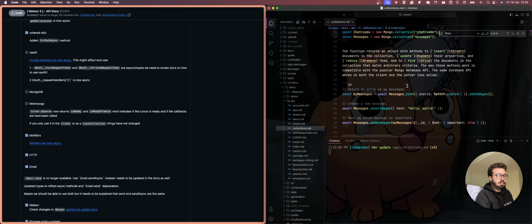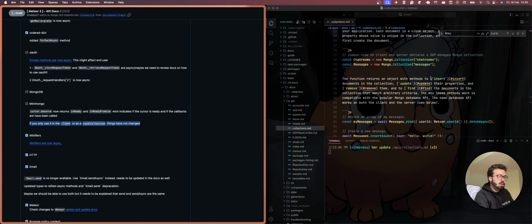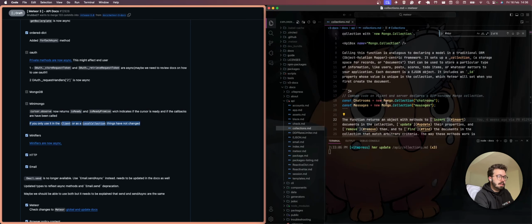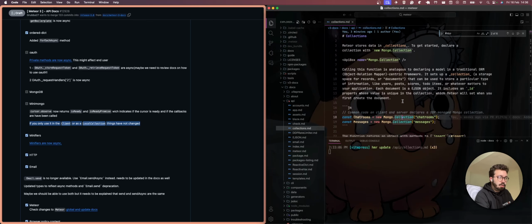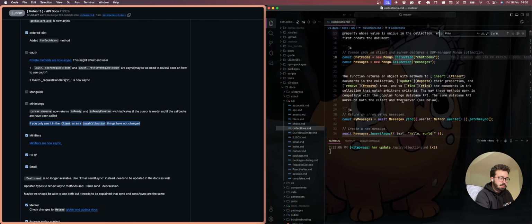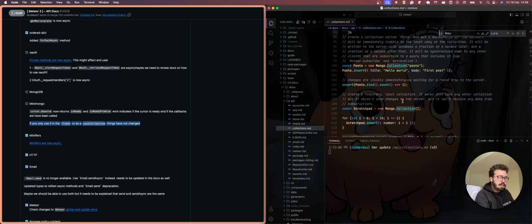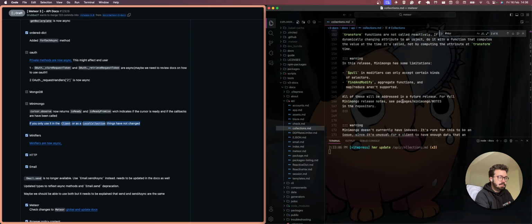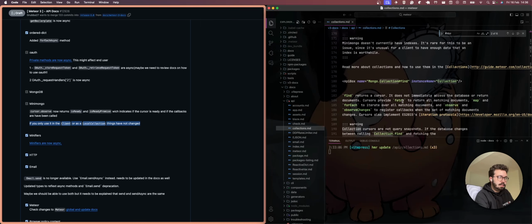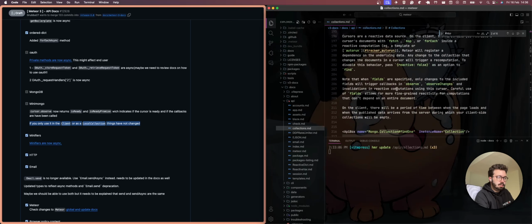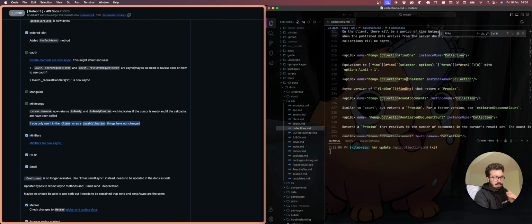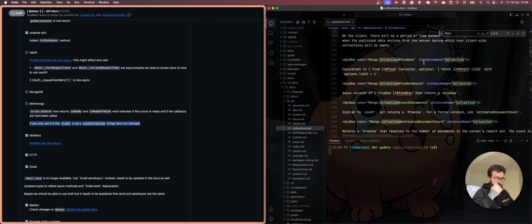So what I'm trying to say is, I have done this part, and now I'm trying to do this. If you are using the Mongo collection on the client, nothing has changed when you're using Meteor 3.0, and I have to add somewhere here that findOne and findOneAsync don't work now in 3.0.